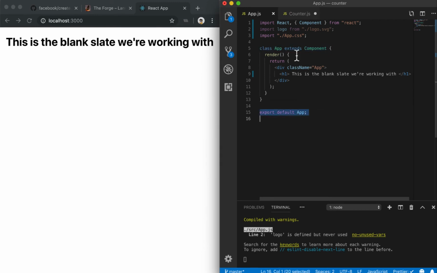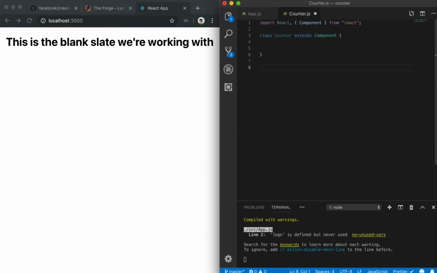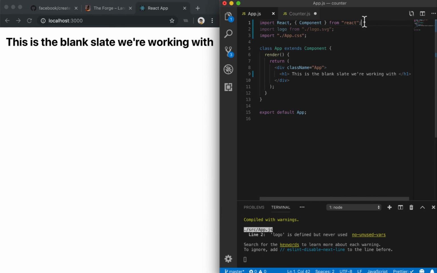And the last major thing we have to note is what we have to do at the end of the file, which is simply export the component. So what we have done here is we've pretty much just declared the class, which has the name of our component. We've extended the component class, which is just necessary syntax. And then at the end, we're exporting our class. And what that allows us to do is